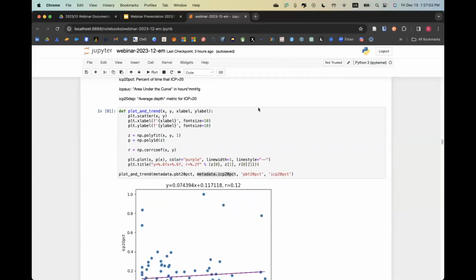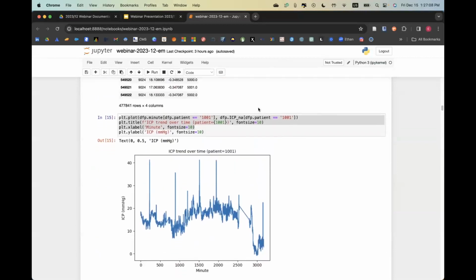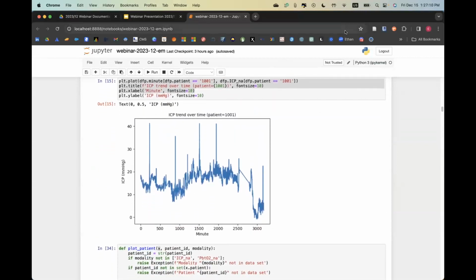So let me go back up to maybe the data visualization and I can draw on it. What would be a good example? 22, aren't we doing 22? In this case, I guess it's a poor example because there really isn't much excursion over 22.